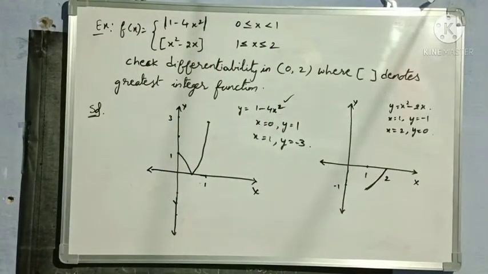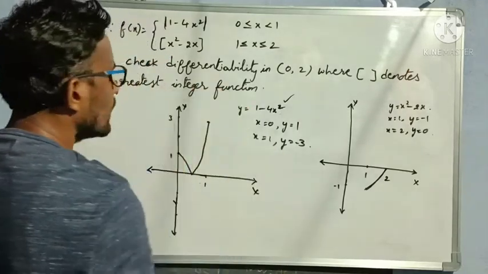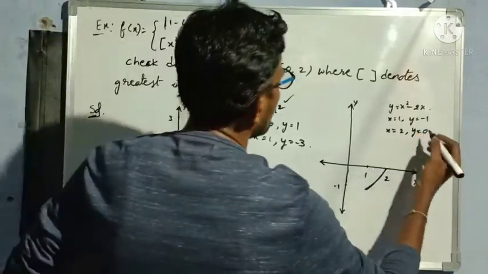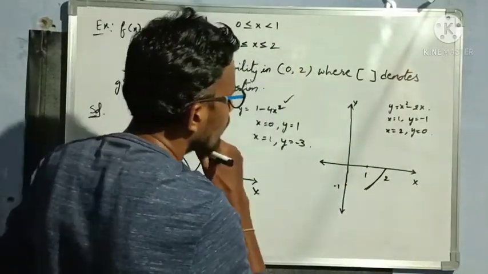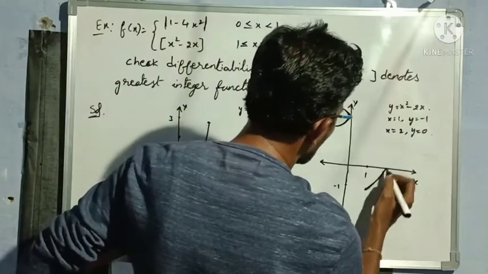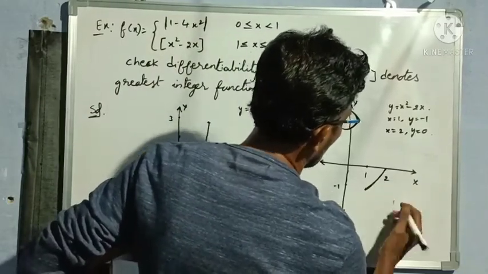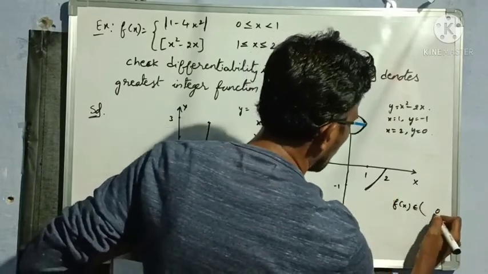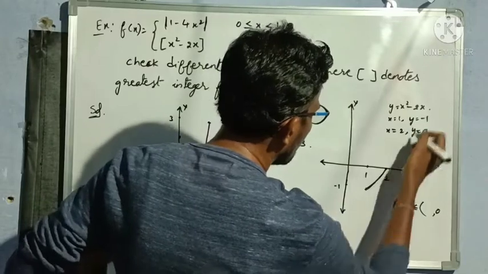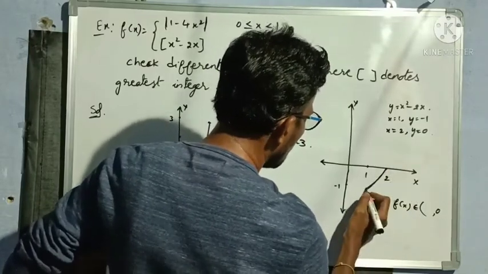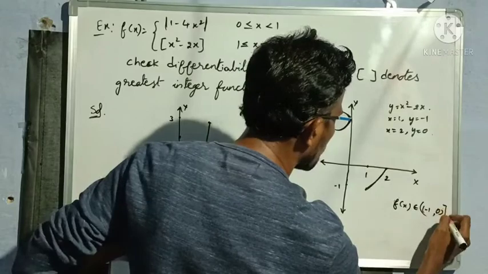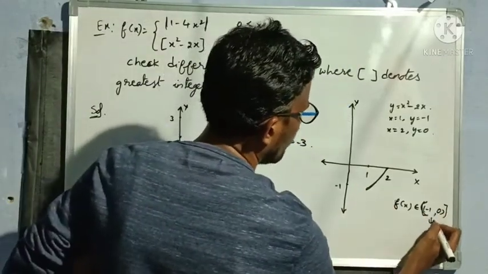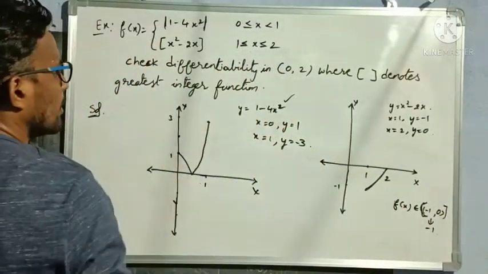But what he is saying means this is a greatest integer function. Yes, greatest integer function, and the greatest value of this is 0. So f of x belongs to, yes, 0, the greatest value. Why? Because here it is not extending after 0. So this is the greatest value and the least value is minus 1. So minus 1 comma 0. Yes, but he is saying the greatest integer function, so I think the value is minus 1. Let us see whether we are getting minus 1 or not.